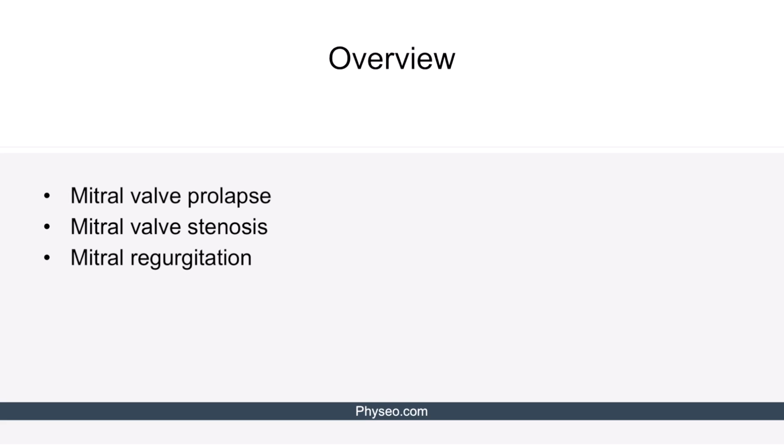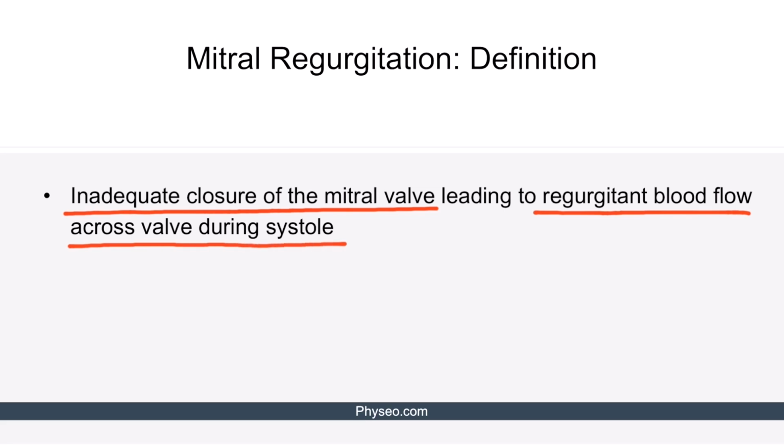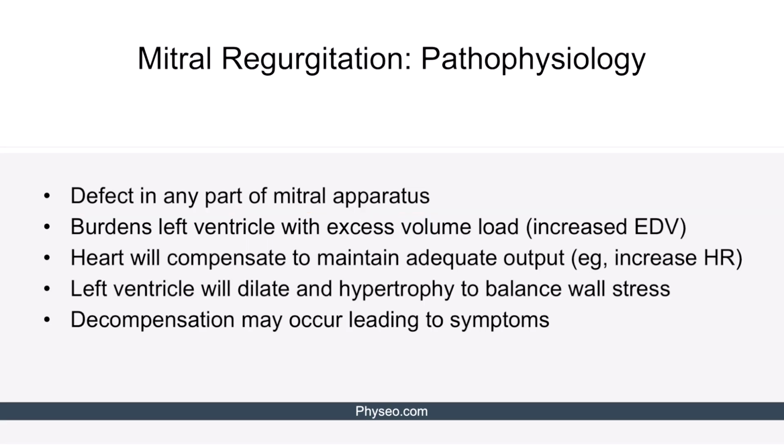Moving right along to our next valvular condition, which is mitral regurgitation. Mitral regurgitation is defined as inadequate closure of the mitral valve, leading to regurgitation of blood flow across the valvular annulus during systole. Now to review the pathophysiologic process of mitral regurgitation. This process will seem similar to that of aortic regurgitation, as any part of the mitral apparatus, including chordae tendineae or papillary muscles, may be damaged, leading to improper closure of the mitral valve and an increased end diastolic volume load